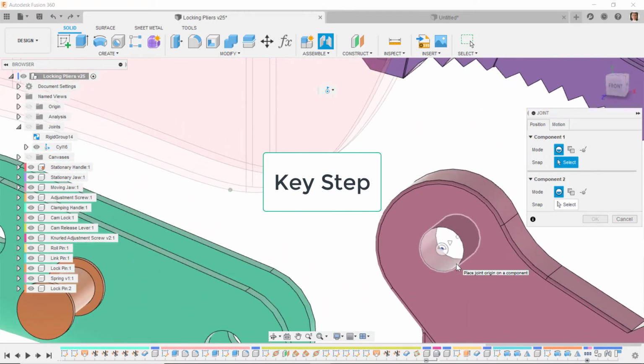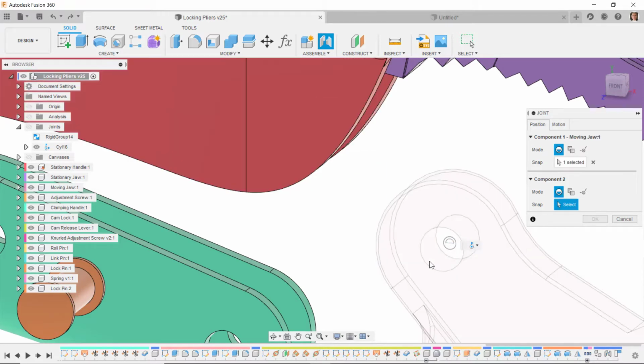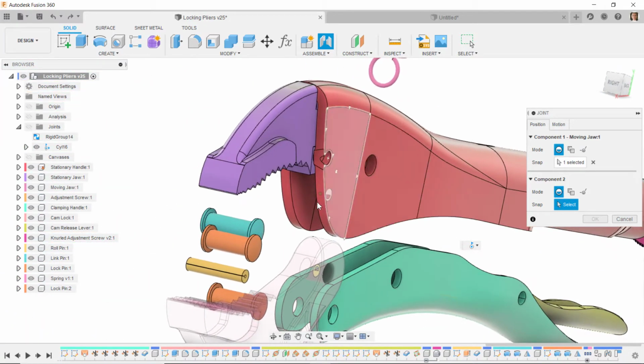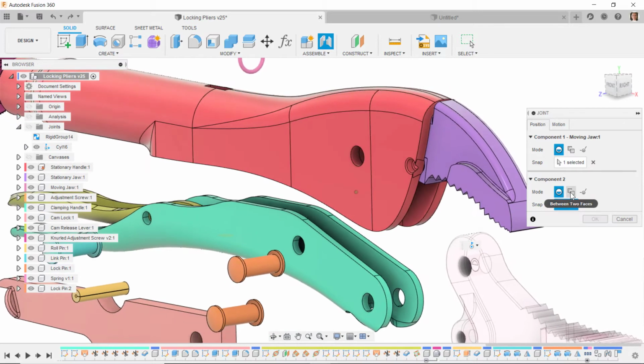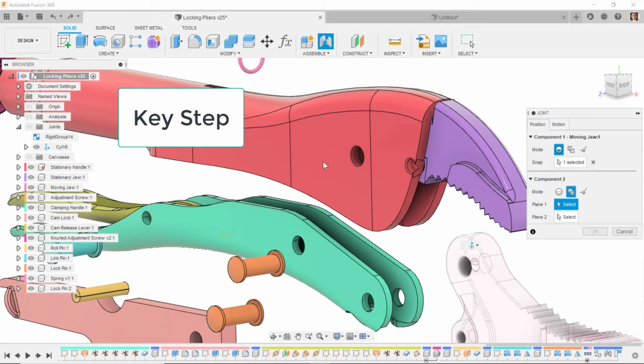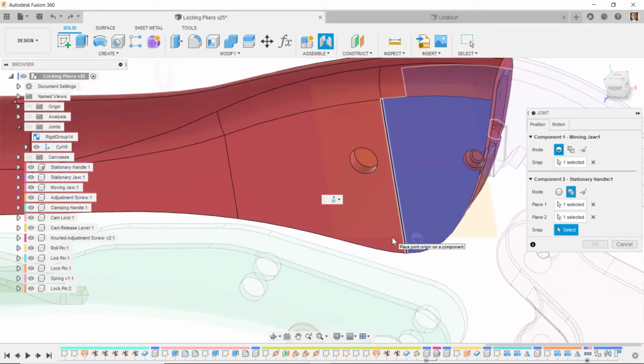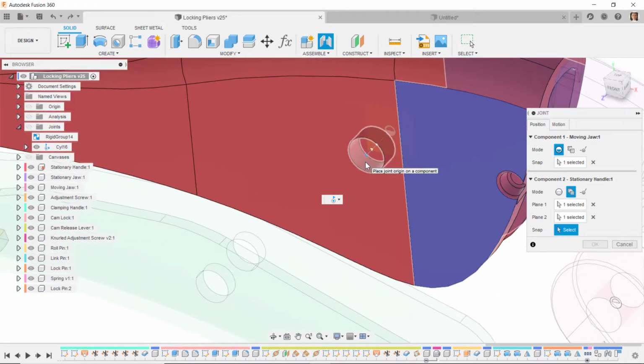And so I can't select the center of the cylinder unless I hold down the control key. Then I can get the center of that cylinder. And then here I have a hole on this side and a hole over on this side. I need midway in between those two, so I'm going to select between two faces. And I can't select this face since it isn't planar, but I can select this face, and I can select this face. And then I need to select my cylinder, and we'll see back there is the coordinate system at the intersection of the axis of this hole and the midplane between those two faces. So I'll select here,